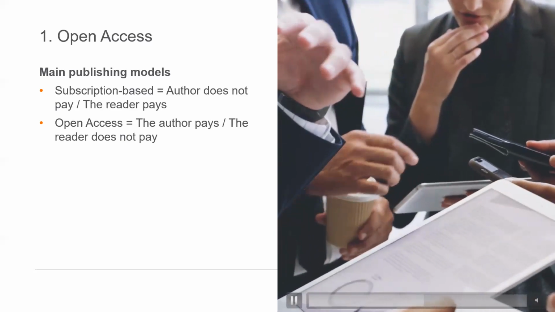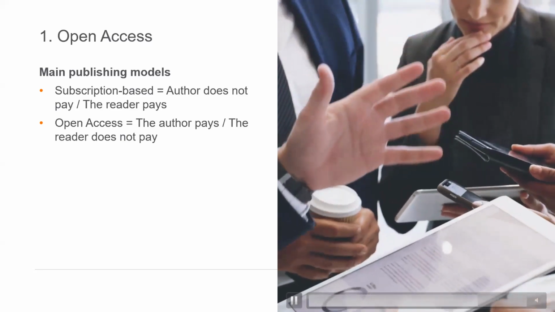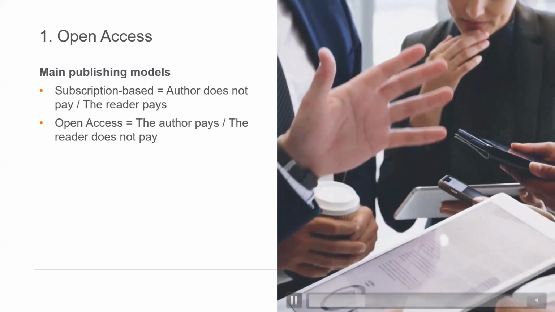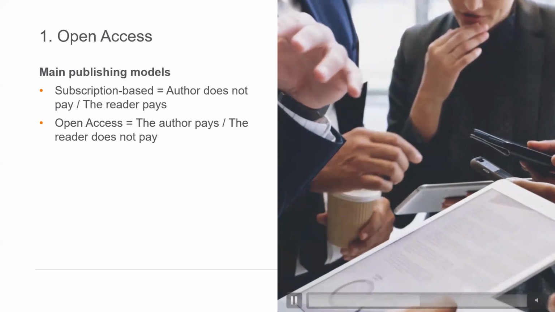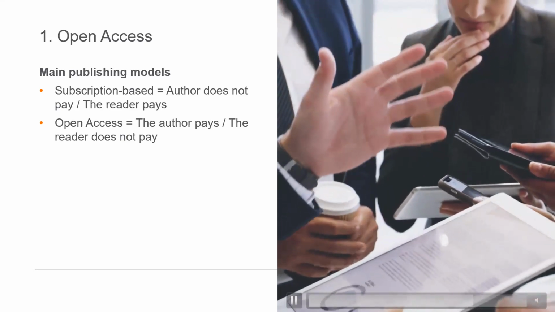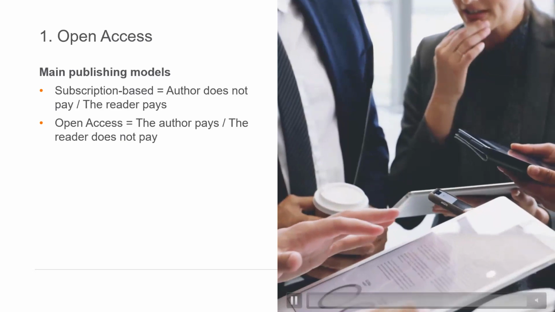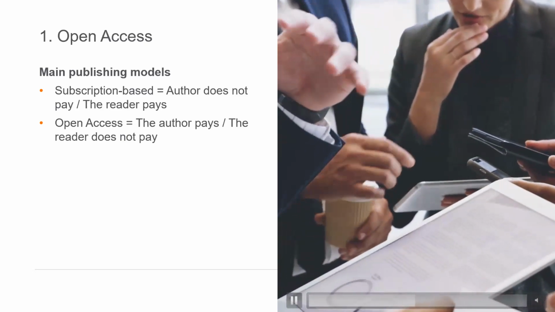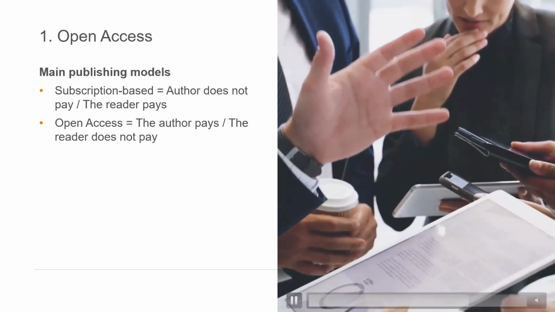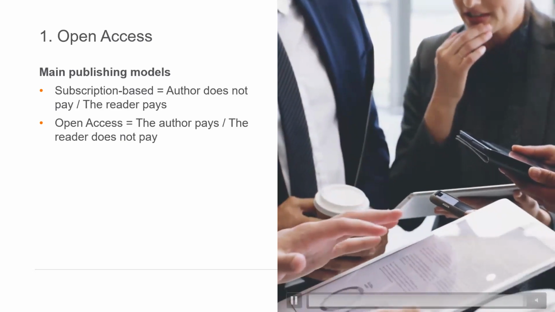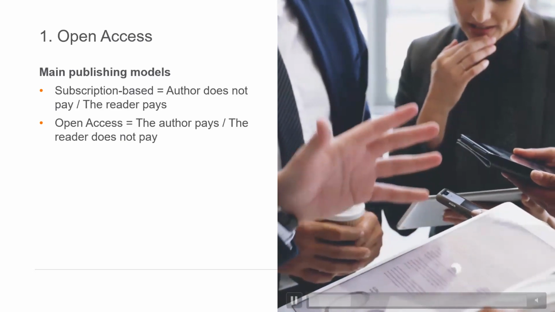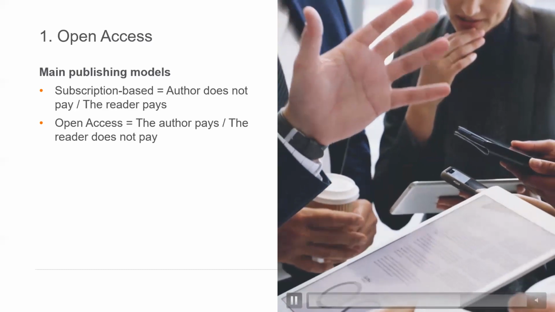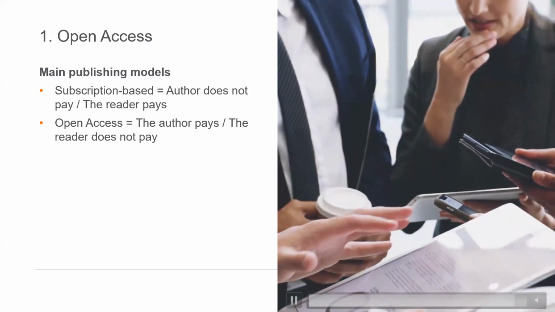And then the other option is open access, which means that the author pays upfront for the publication to be available for everybody to read after it has been accepted. So the publisher then makes your article available without any restriction after it has been accepted for publication. So it is also important to understand then the costs involved in publishing. What are publishers basically charging for? So we will also touch on this.